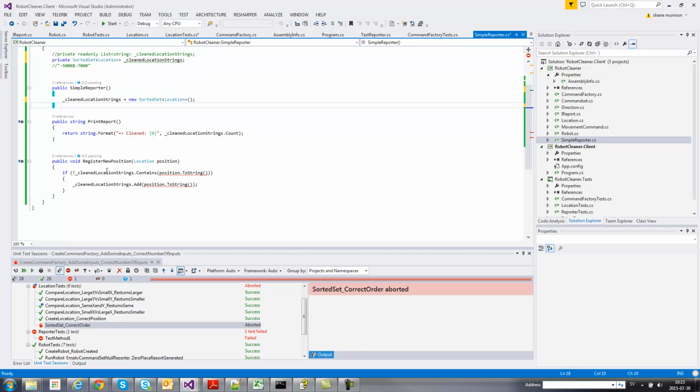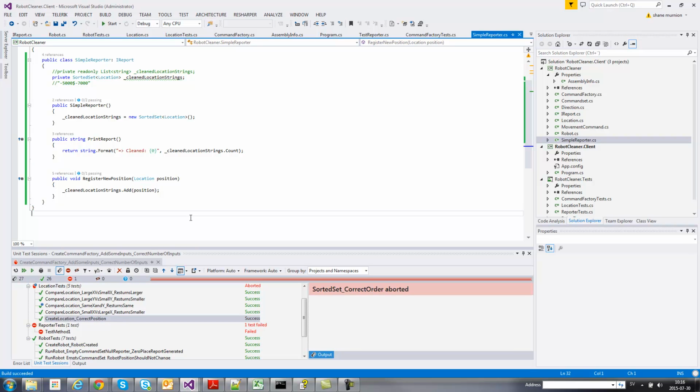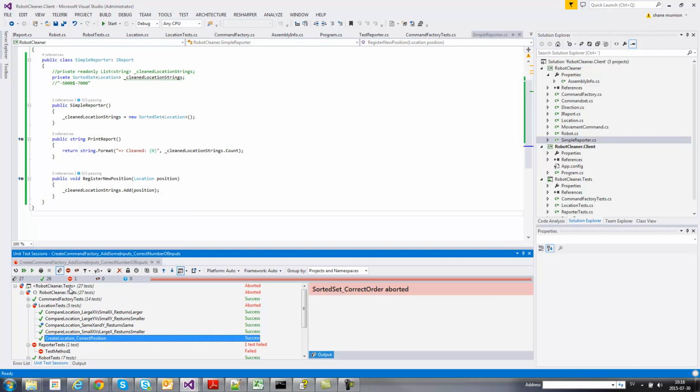So we have that, and then we don't need to do anything here. We just need to add our position. And again, we return the count. Yep. So if we rebuild that and run our tests,